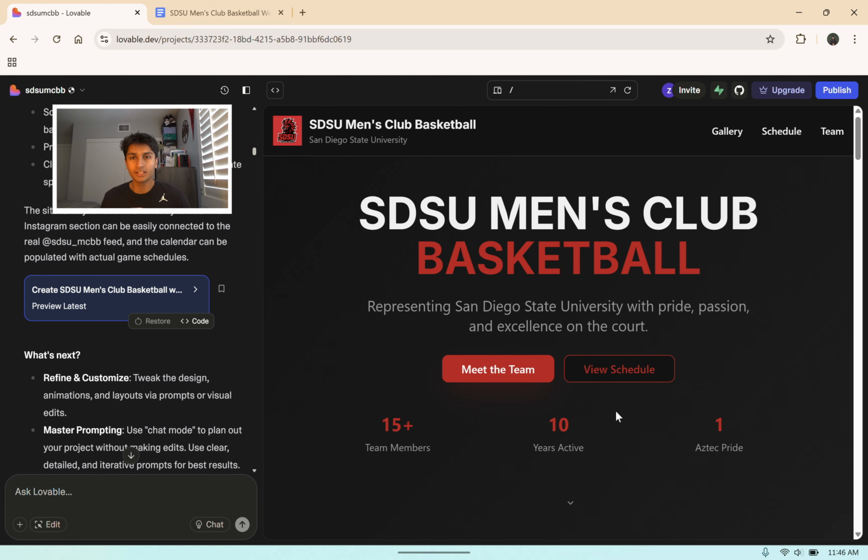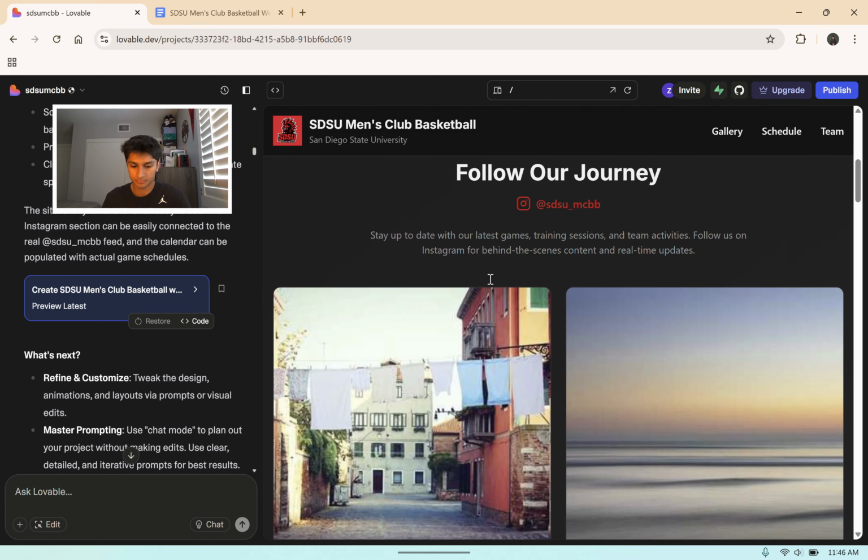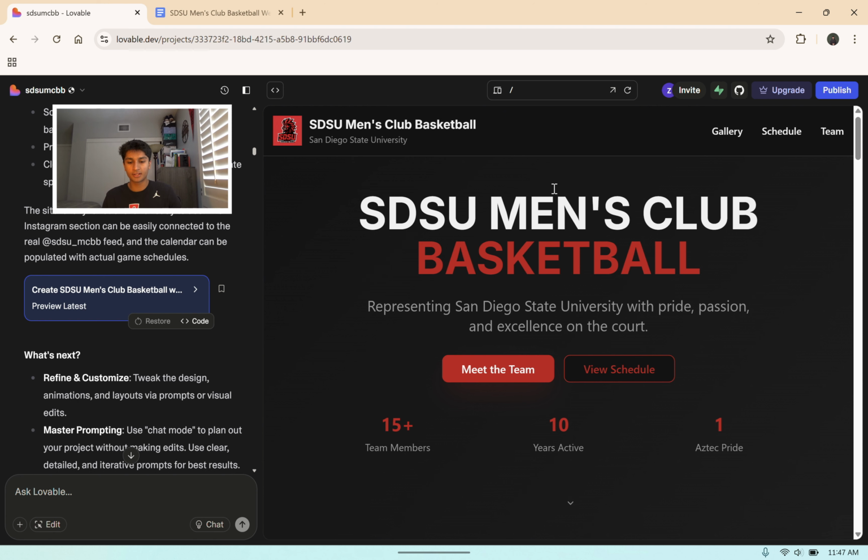So this is one of the reasons why we want to be really particular about what we want and have a good vision in our mind before we start, so we know what to tell it in order to make the website a little better, right? It's not a great design right now, and one thing I can do is I can actually just tell it,